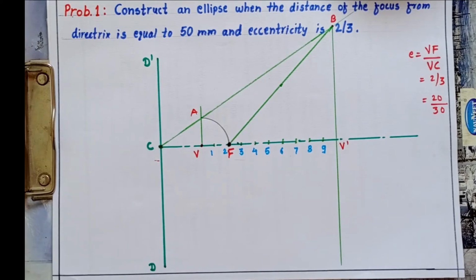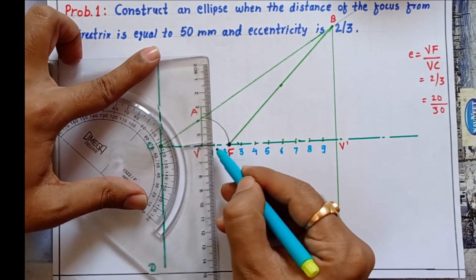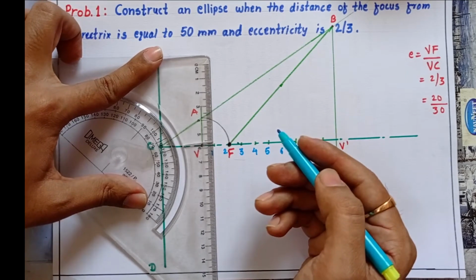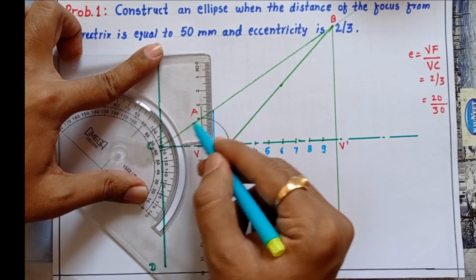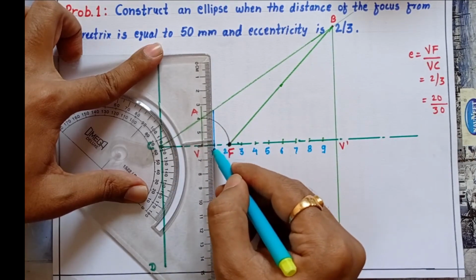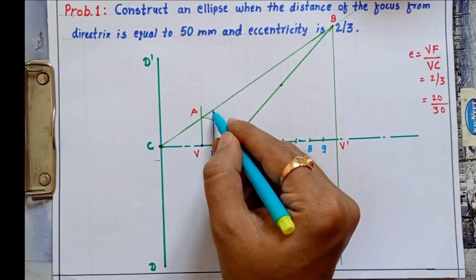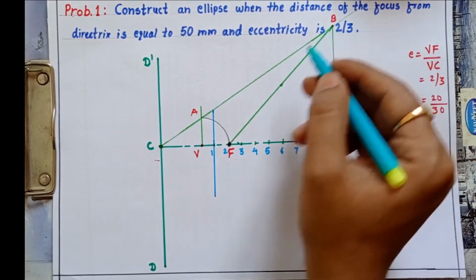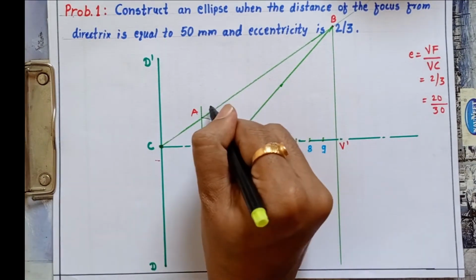Now the next step is what? The next step is, from each point you have marked, you have to draw a straight vertical line. So this is your point 1. From the point 1 I am going to draw a straight vertical line. It will intersect with the previously drawn inclined line. Extend it vertically downward. The straight vertical line intersects with the previously drawn inclined line, and that intersection point will be named as 1 dash.